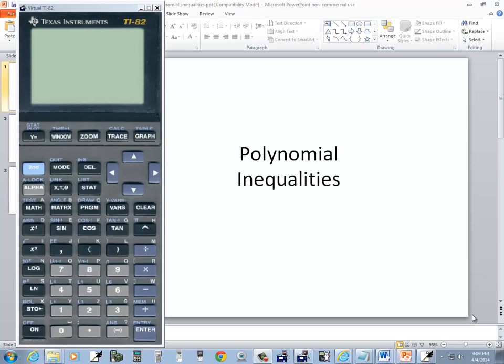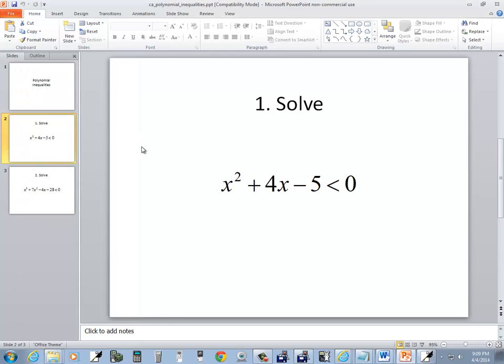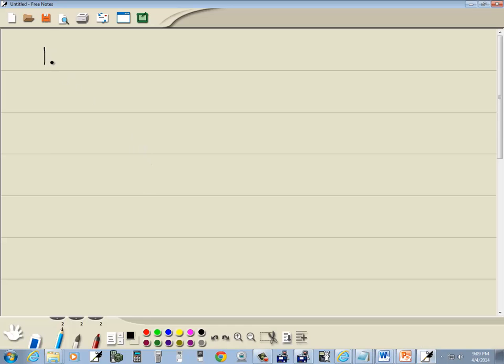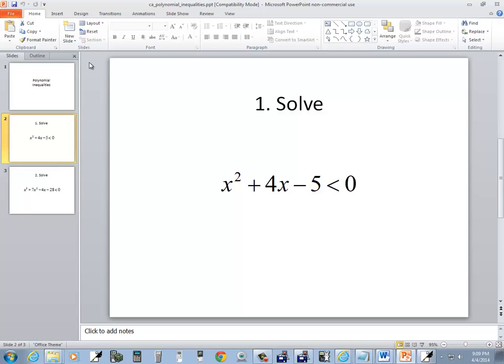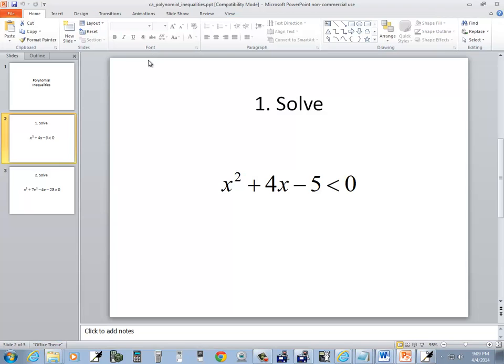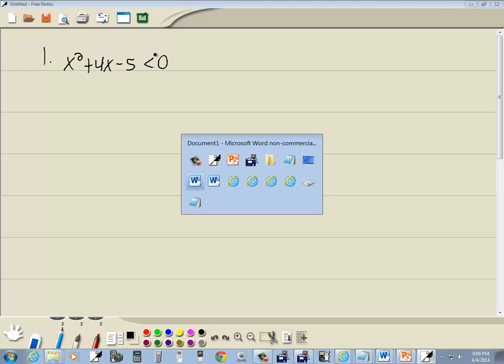Let's take a look at polynomial inequalities with the help of a TI-82 calculator. Let's take a look at our first problem here. Okay, so we got x squared plus 4x minus 5 is less than 0. Okay, let me come over here